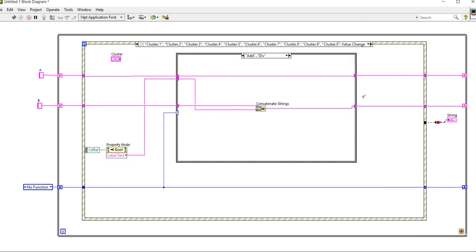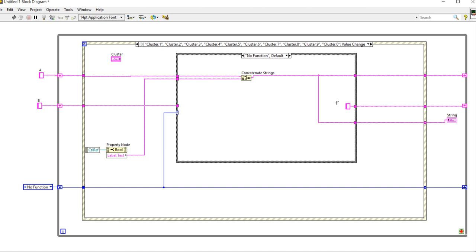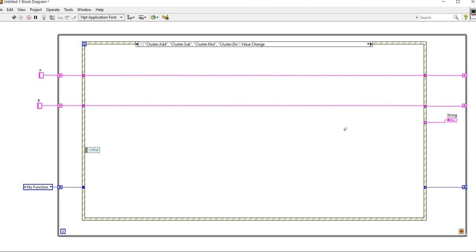Also there is one mistake which I have done, and the mistake is this: connect like this, and here connect like this, make connection like this. So now come here, create constant.